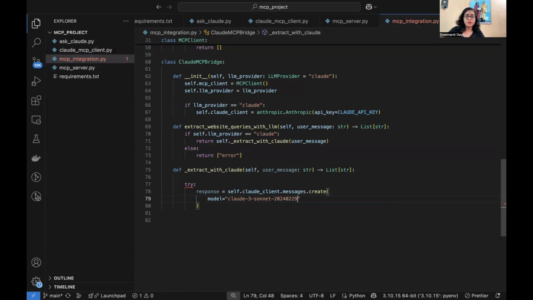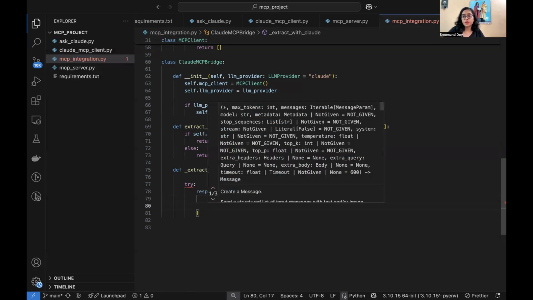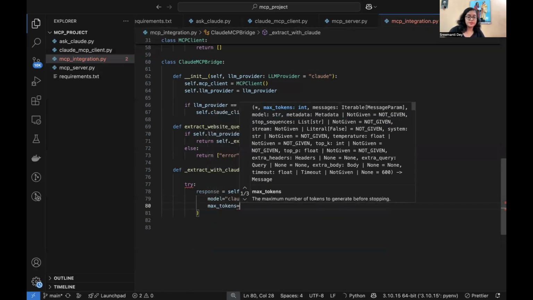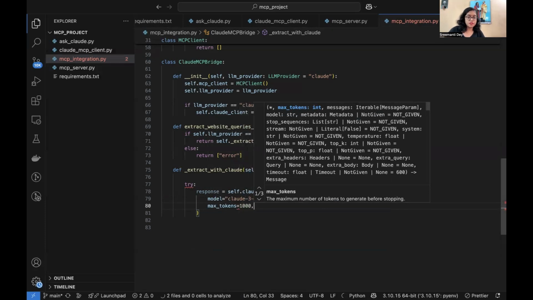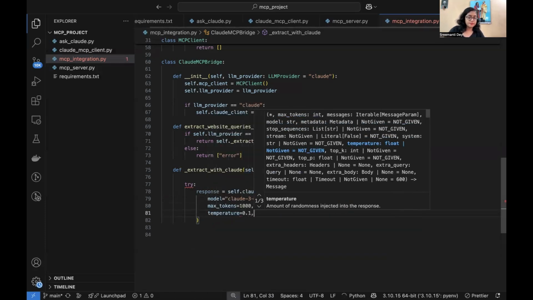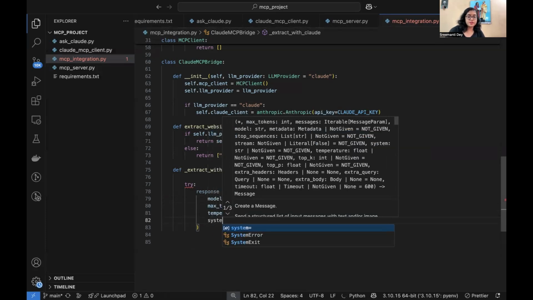2024-0229. You can get the entire list from the Claude.ai website, so that's okay. And now it's going to be max tokens equal to 1000, and temperature is going to be 0.1, and system is going to be